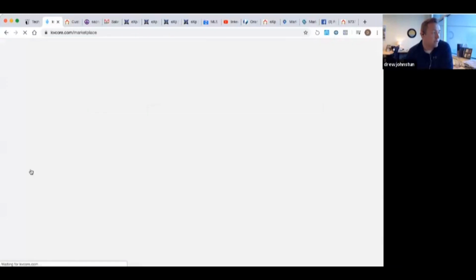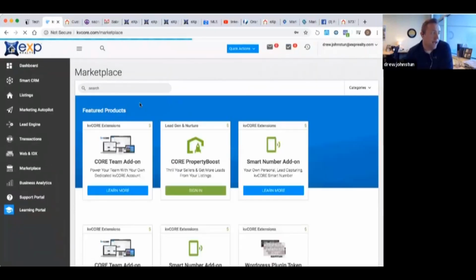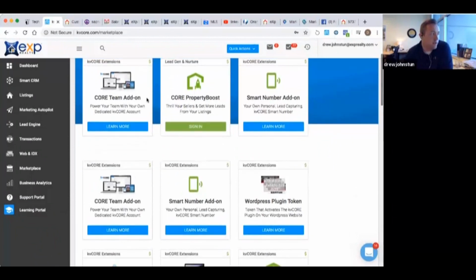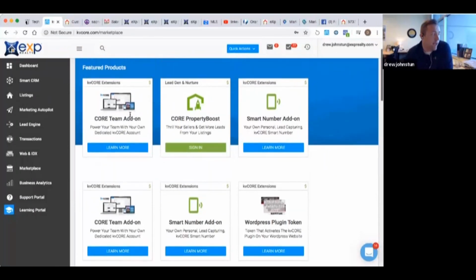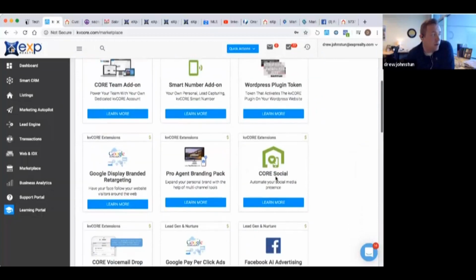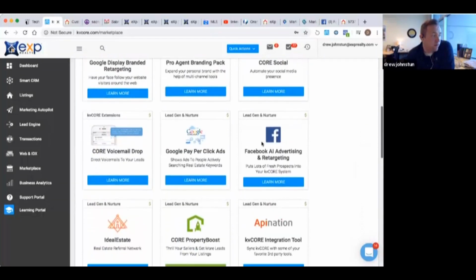Yep. So in the marketplace, you can add a multitude of things here. If you have a team and want the team add-on, you can click on this right here, and it'll get it going for you. Smart number add-on, see right there, you can learn more. If you want to do Facebook advertising or Google pay per click ads, these are really good if you want to put some money behind your leads.